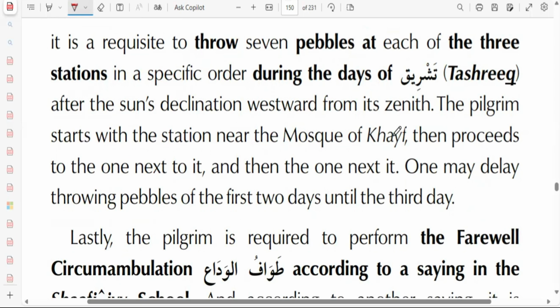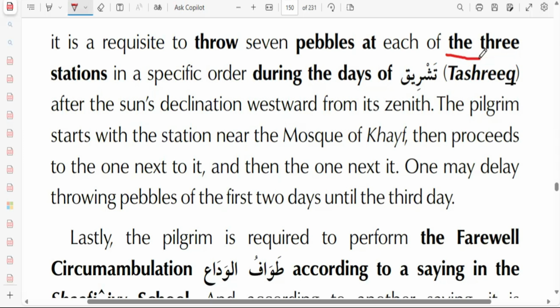The 3 stations, the 3 stations that haven't been mentioned up until now. So that's potentially confusing there. What 3 stations? You say "the", which might give the impression of something that's already known. But up until now, in what we've been reading, they haven't appeared, so the word "the" has a strong relevance here. The 3 stations that haven't been mentioned yet, but they're about to be mentioned. Which 3 stations? You have to throw 7 pebbles at each of 3 stations that we're going to mention in a specific order during the days of Tashriq,